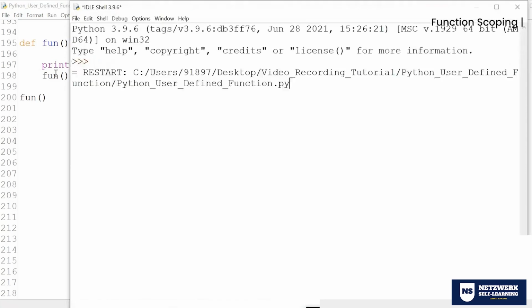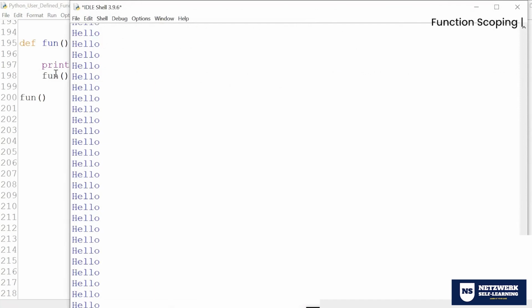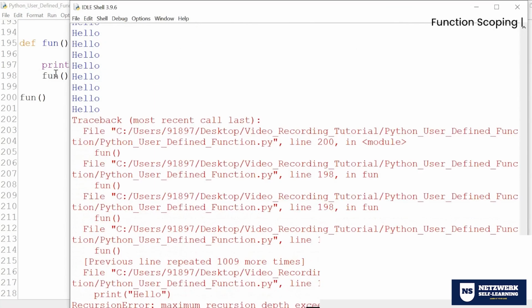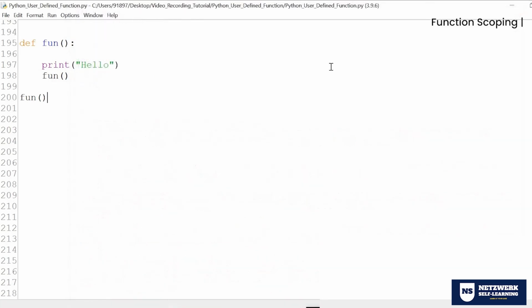So look at this. It goes for the infinite loop until it reaches its saturation. Look at this. It reaches saturation, it throws the error. Now, I'll try to guide you how to find the number of iterations. In the output itself, they would have shown you the number of iterations. Now, I'm going to take you to manual finding of the number of iterations, the number of times this